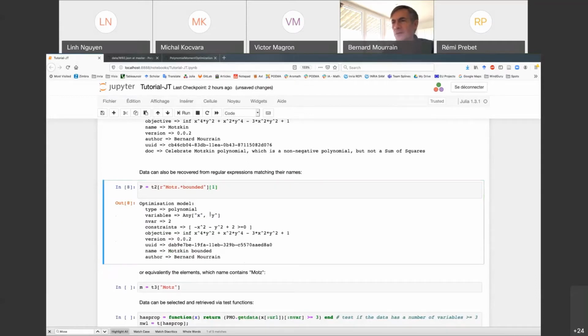In fact, there is only one in this case. Then we want to recover the objective function.